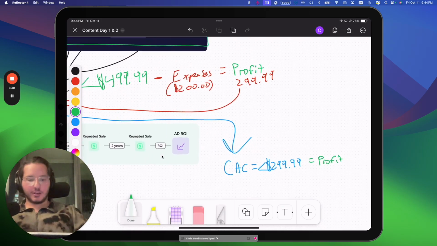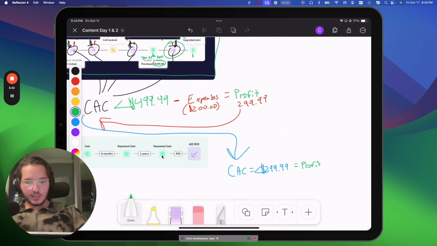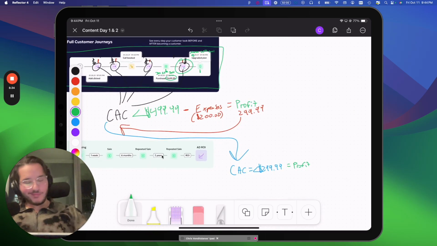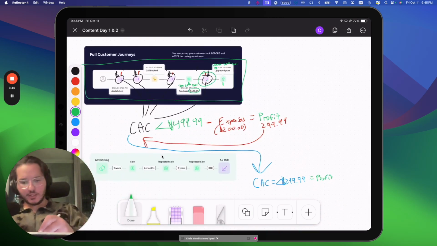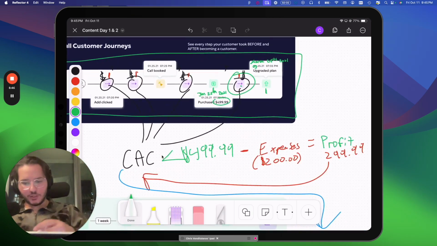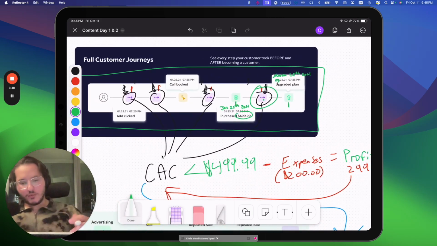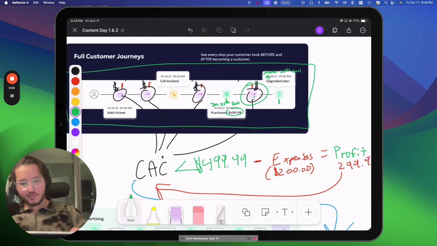And that's how you're supposed to calculate your marketing. And not a lot of people are doing that. They think they're making money just based off a revenue perspective, which isn't true. You have to look at everything else. You have to look at the additionals. You have to look at the rest of the journey. You have to look at all these different pieces, because they all add up.